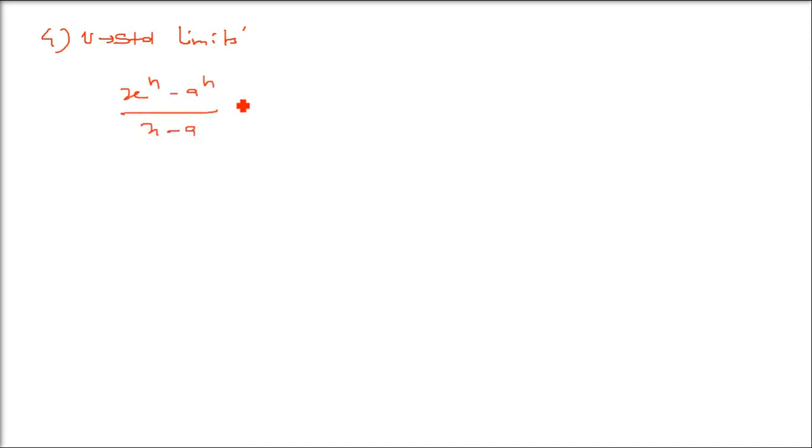This is x to the power n minus a to the power n over x minus a. Here we have this as limit x tends to a, it will be n a to the power n minus 1. So wherever we have this kind of algebraic expression, we will directly use n a to the power n minus 1. We will directly use the formula. And this is not the only one. There are other relationships also that can be directly applied. I am giving you one of them so that you understand how we apply it. So you don't have to go to the proof of this.